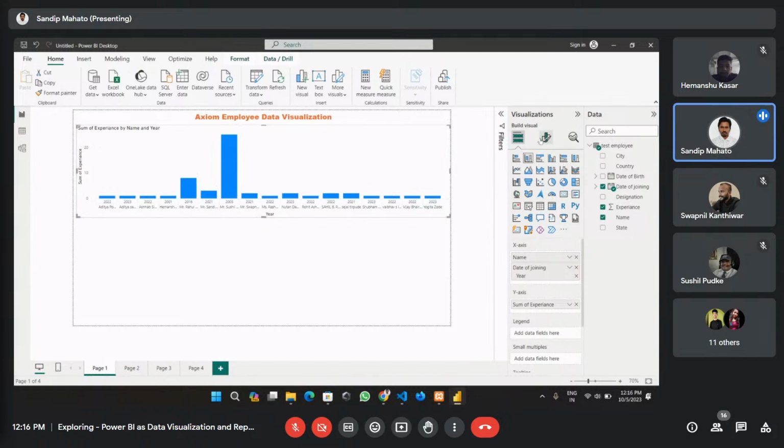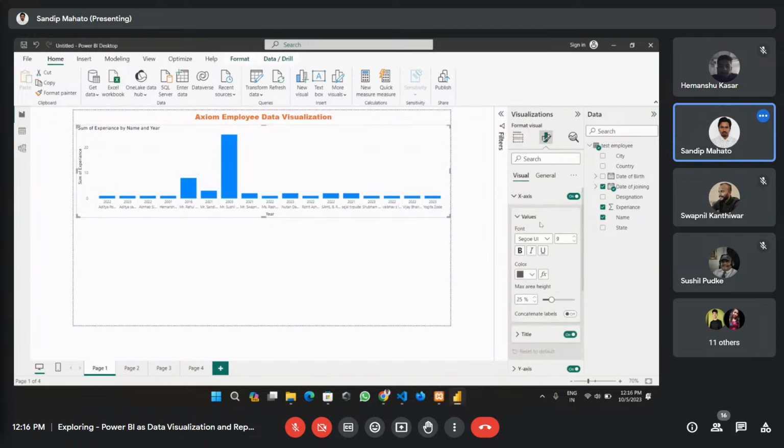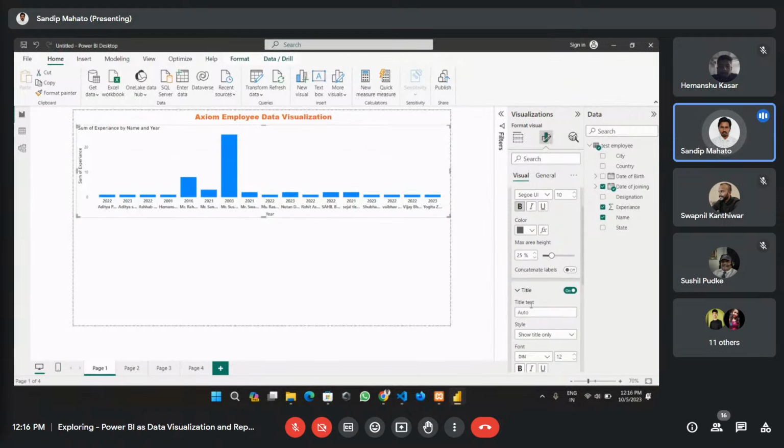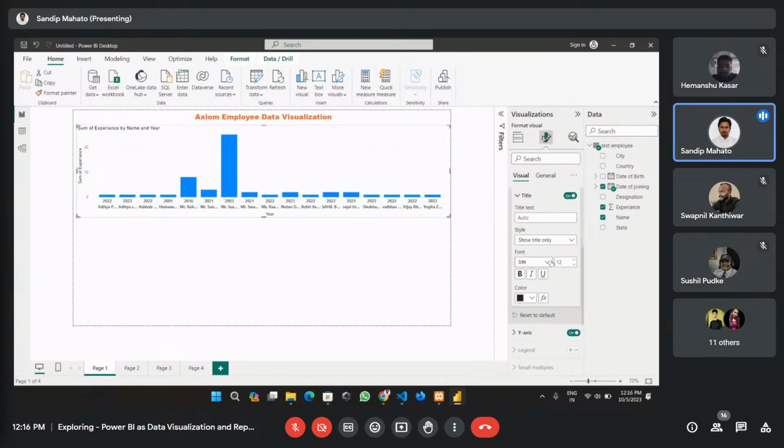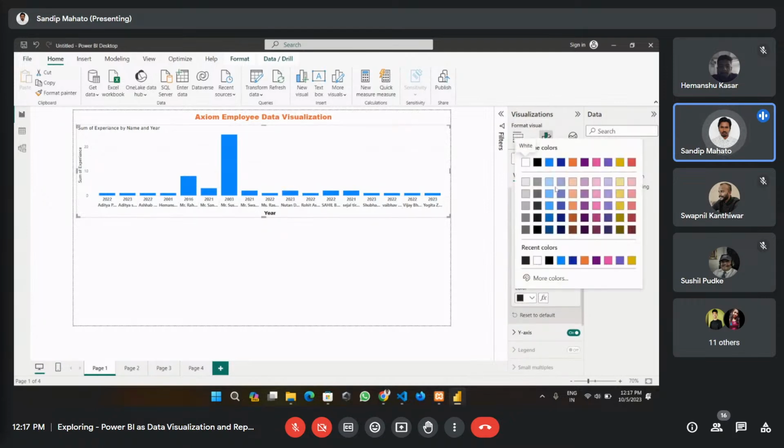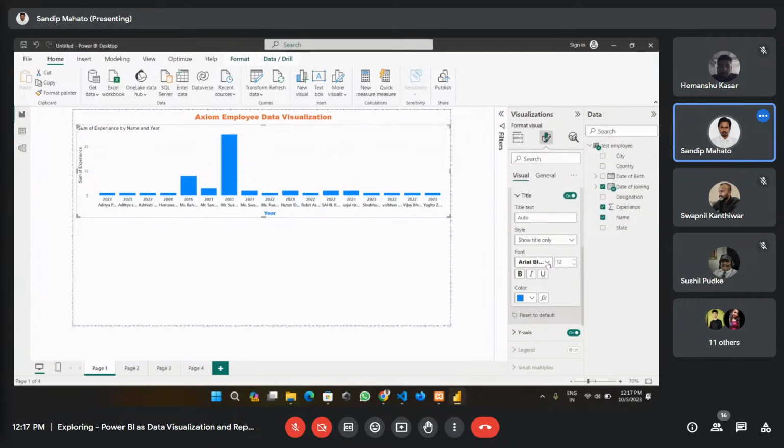Let's make some changes, like on the x-axis values, and you can change their font family and their size. See, the size is increasing. You can make it bold, so bold looks good. And here the title, so the title is year. It does not look in a proper way, so let's make it proper. Like I will choose this, now it's looking good. You can increase the font size, and I am choosing the color blue for year. And